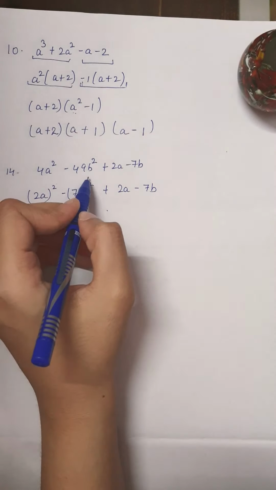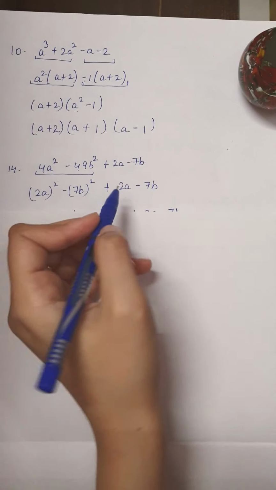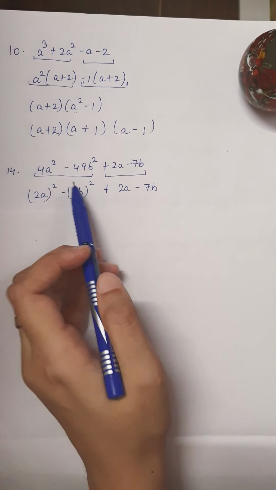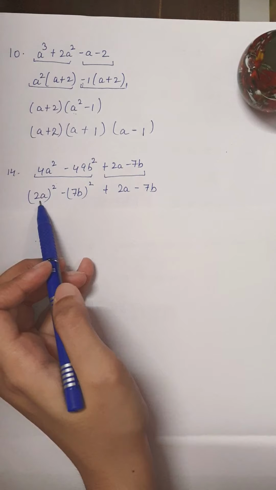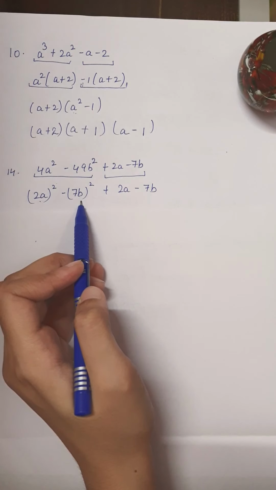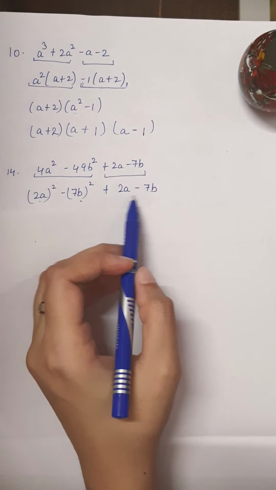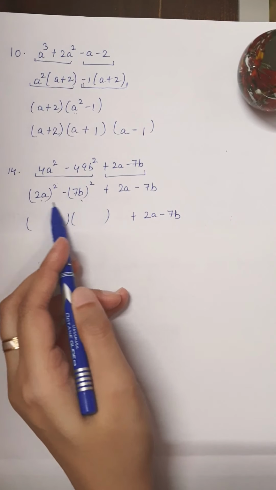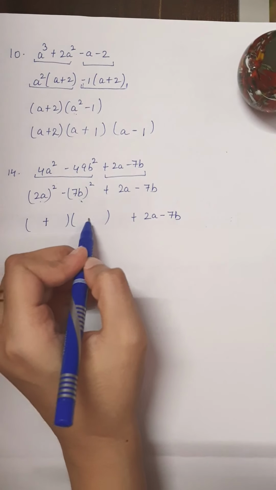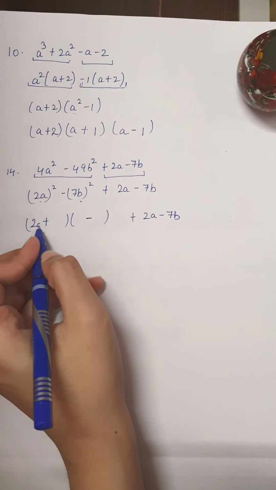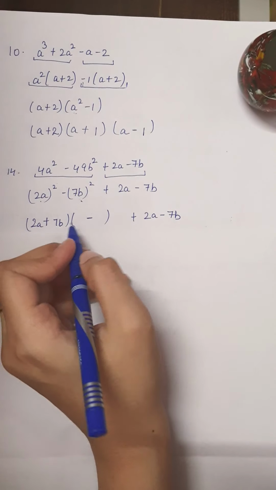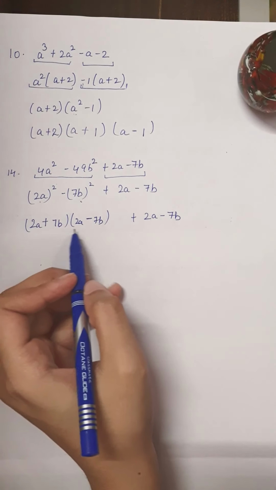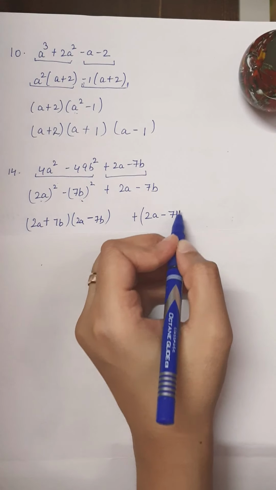this group. Again 4 terms, so I had to do grouping, and the other group is this. Now from the first group I can see the structure square of something minus square of another thing, and from the second group I couldn't find anything, so I just left it. Now this structure can be followed same way, 2a and 7b, and here again 2a 7b. Now if you can see 2a minus 7b is here and 2a minus 7b is here.